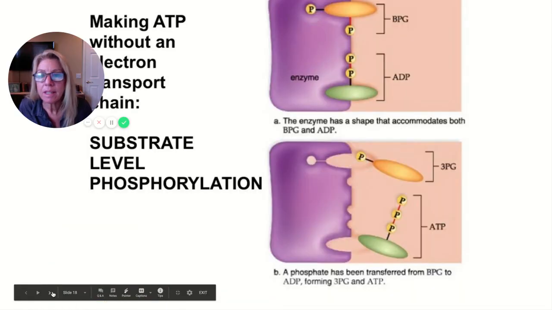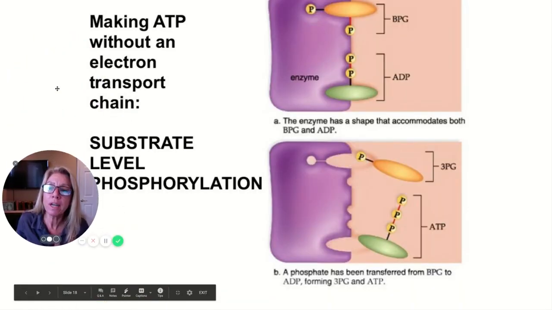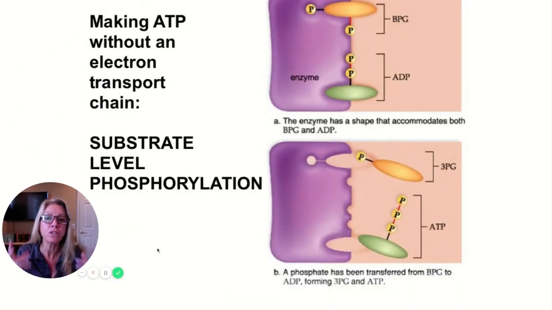Now, the process of making those 2 ATP is what I introduced earlier in this video. It is substrate level phosphorylation. It does not involve an electron transport chain. It's literally handing the phosphates from one molecule to another. So here on our notes,